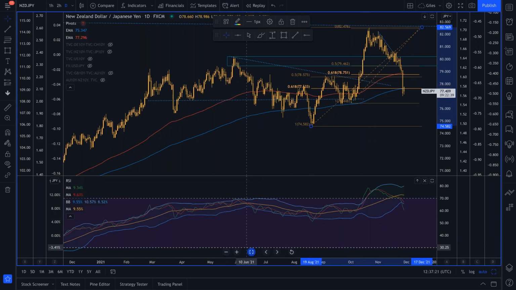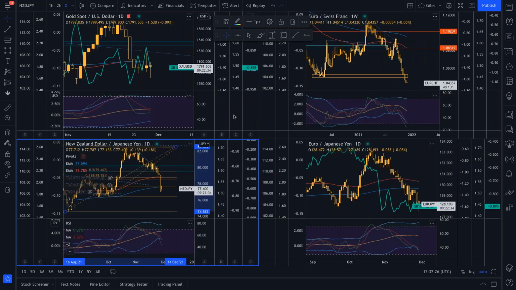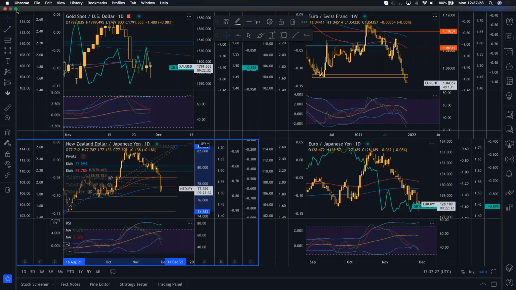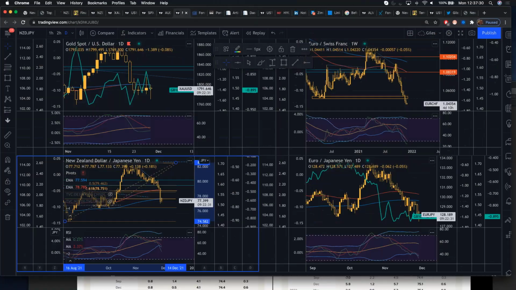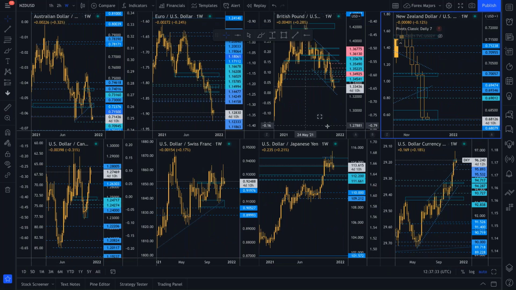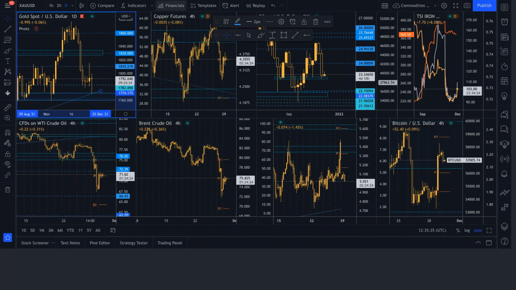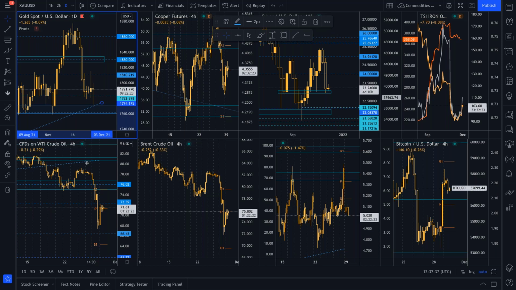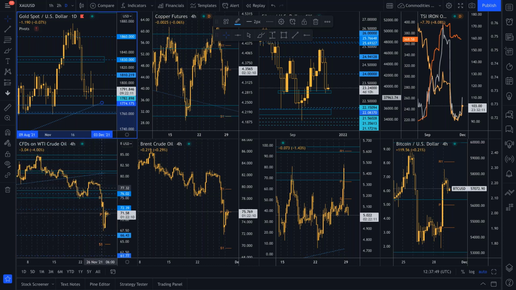Now, this will depend, obviously, on what happens with the Omicron variant. So let's take a look at markets overall to get a sense of what's going on. The bottom line has been a concern over the Omicron variant. So we saw heavy selling in the oil complex. The reason oil sold off is because if the COVID variant is going to be spreading again, it means that people won't be using oil again. There'll be more restrictions, more lockdowns, and so oil prices can fall.